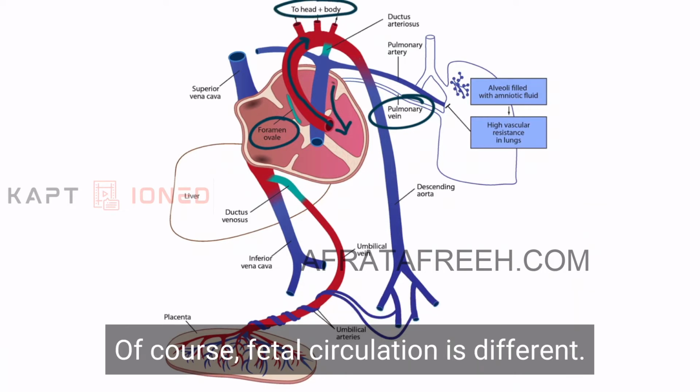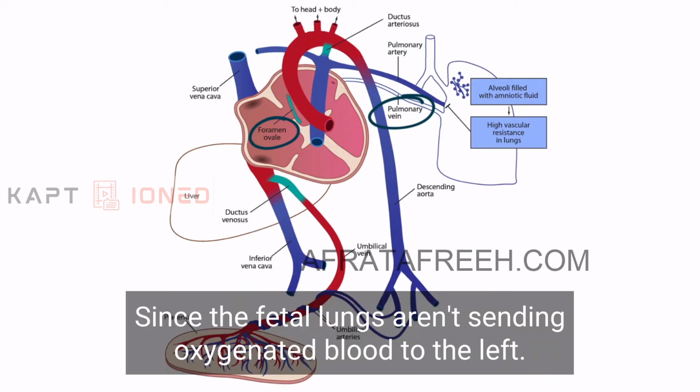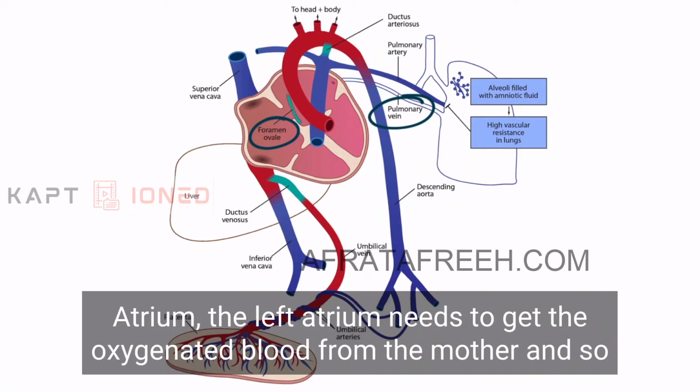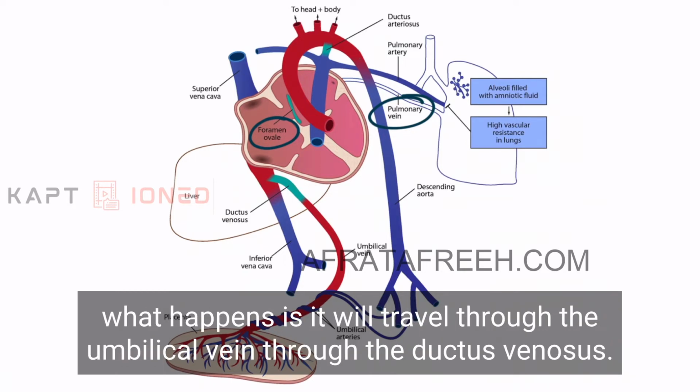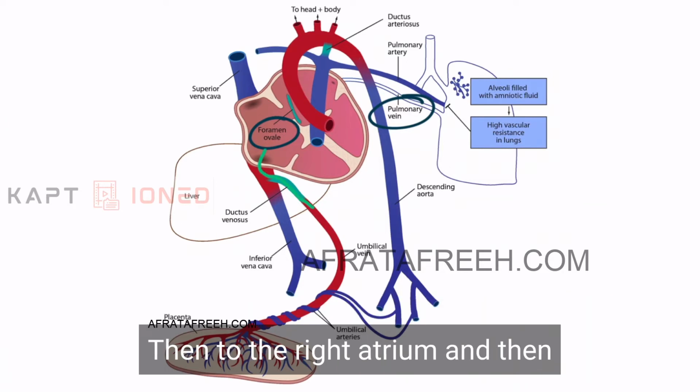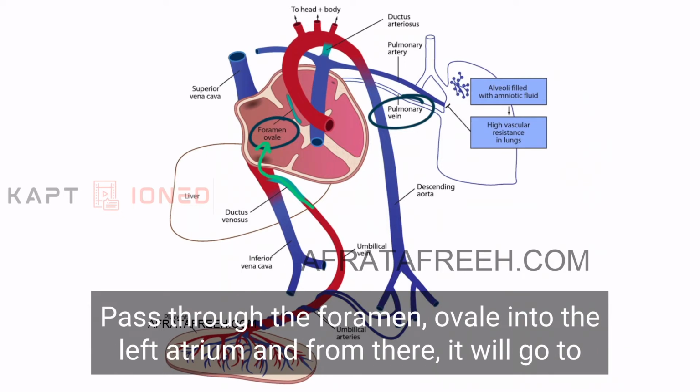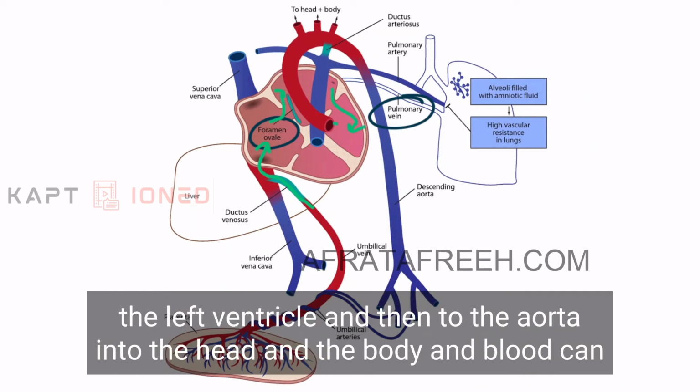Of course, fetal circulation is different. Since the fetal lungs aren't sending oxygenated blood to the left atrium, the fetus needs to get oxygenated blood from the mother. So it will travel through the umbilical vein, through the ductus venosus, then to the right atrium, and then it will pass through the foramen ovale into the left atrium. From there, it will go to the left ventricle, and then to the aorta, and to the head and